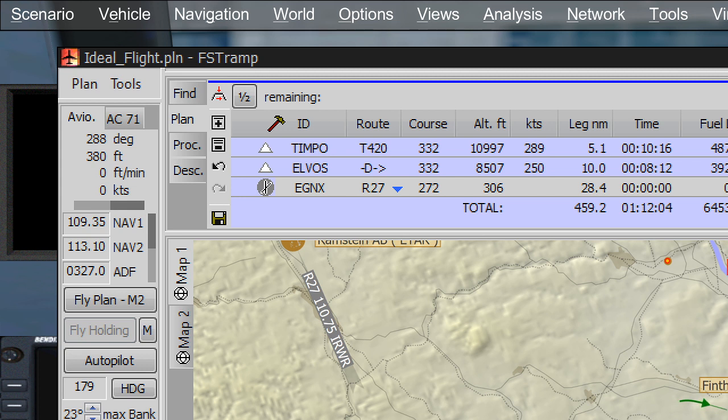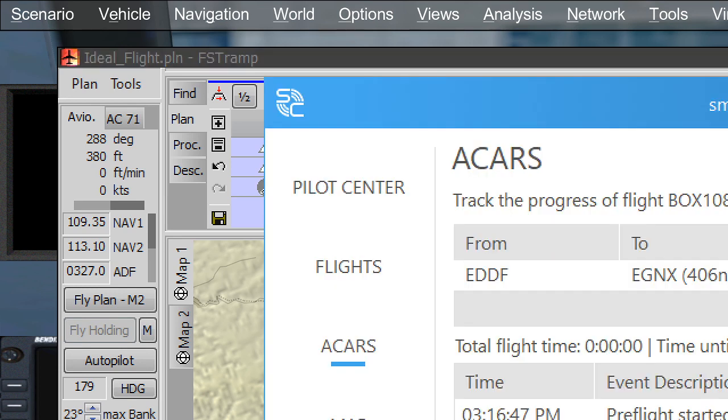Ideal flight.dln FSTramp. Dialog remaining preview level 3 IL 27. Smart. Block. Now,